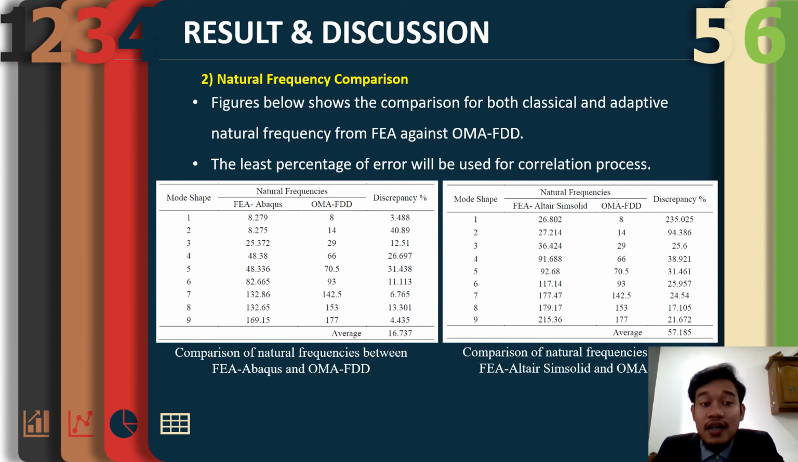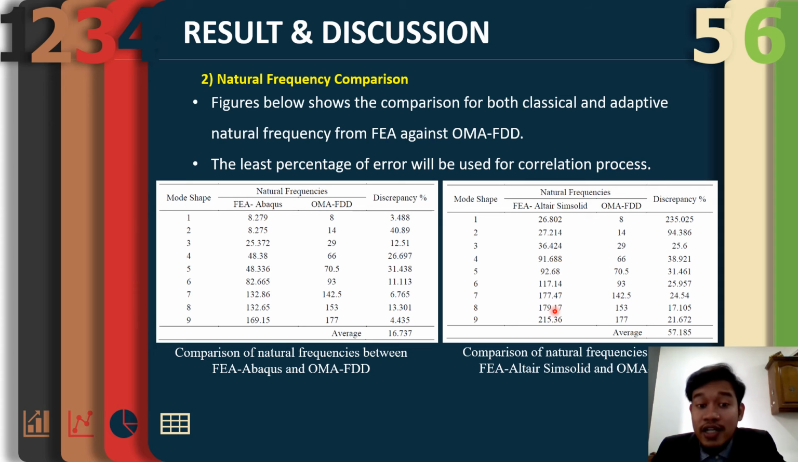So the next is on the natural frequency comparison result. The figure below shows the comparison result for both classical and adaptive natural frequency from the FEA against the OMA FDD. As we can see, the natural frequency generated by FEA Abaqus computes an average discrepancy of 16.737%,